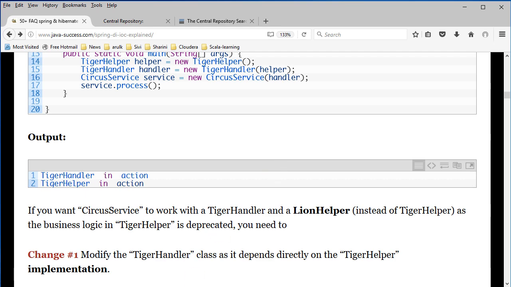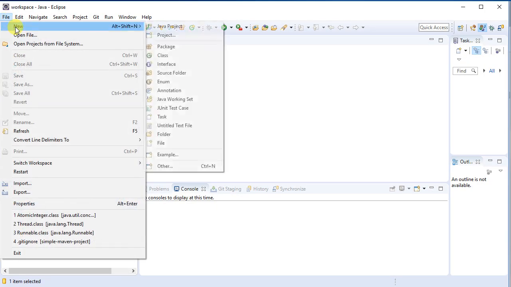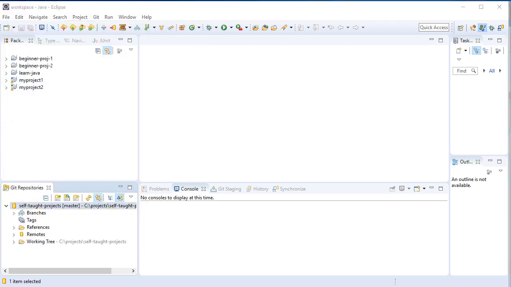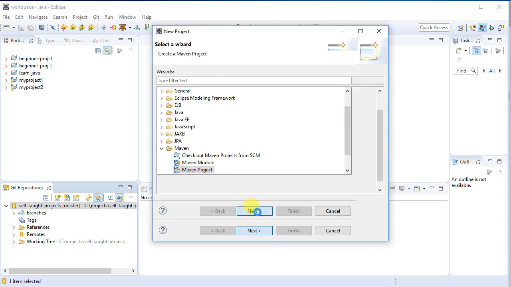So the first step is to go into Eclipse, click on File, New, and then we need to create a new project. So we click on File, New, and the Project with ellipses, that's the three dots next to it, and then we go Maven and say it is a new Maven project. So click on Next,